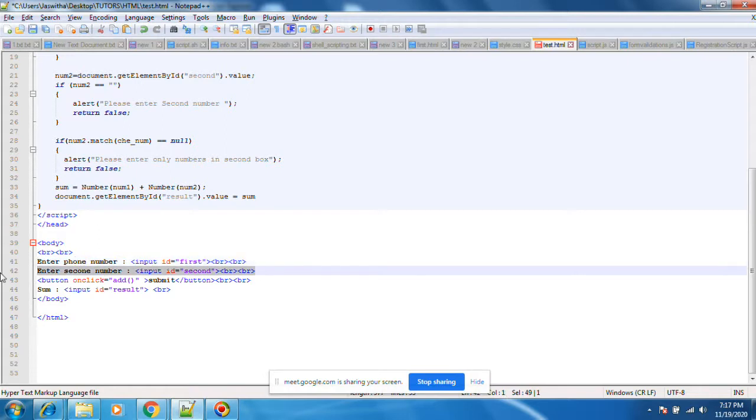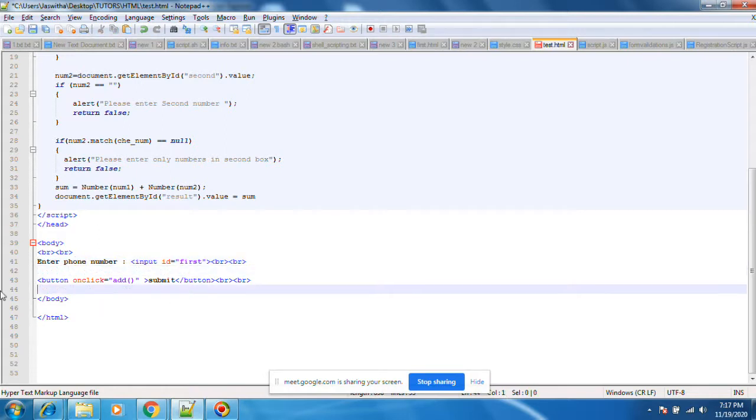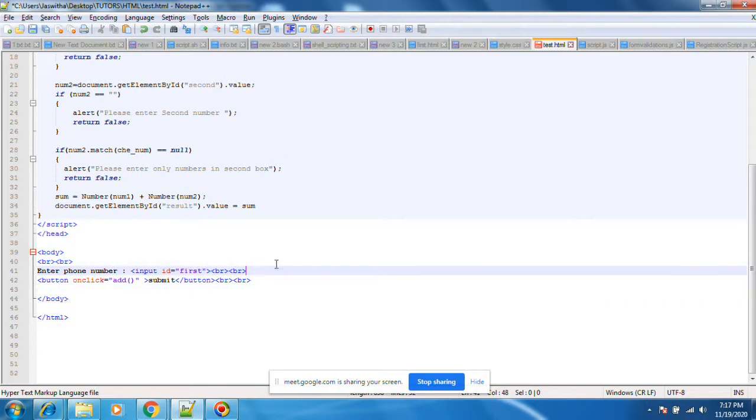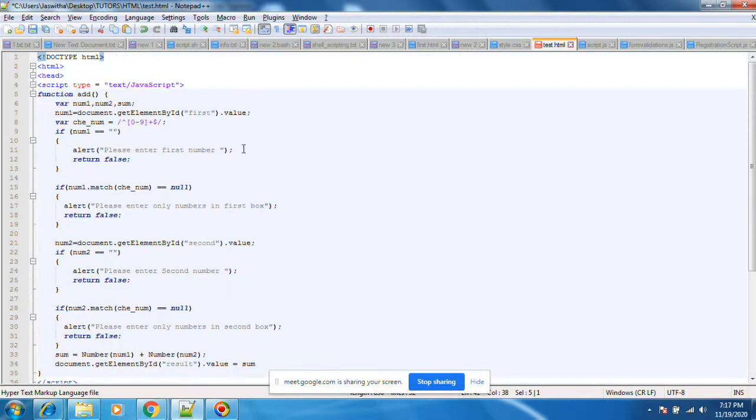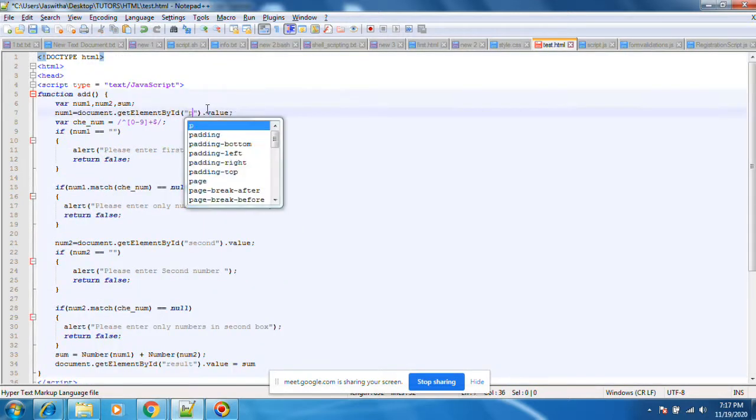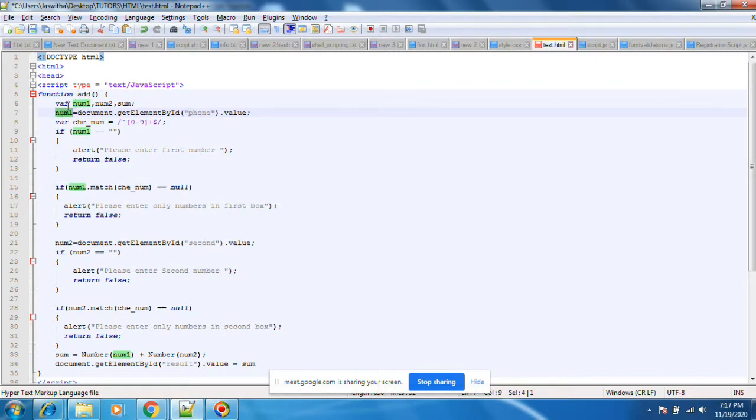Okay, let's have only this submit button. This will be copied to phone number here. Let's see, let it be num1. These are not required as of now.